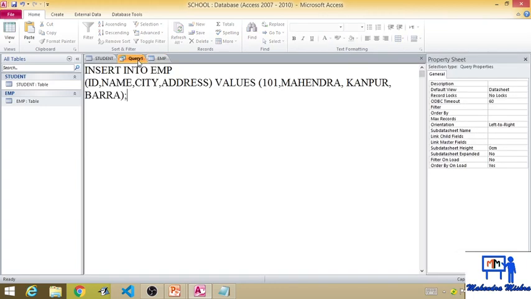In the same way we will insert at least 4 or 5 values. So again we have to go to the query window, and then we have to write the id 102. In the place of name I have given Amit, and this text value you should give in single inverted commas, and the city must be changed too.